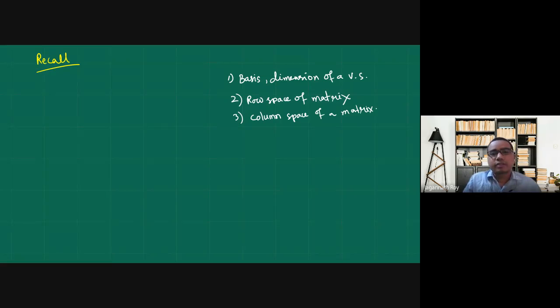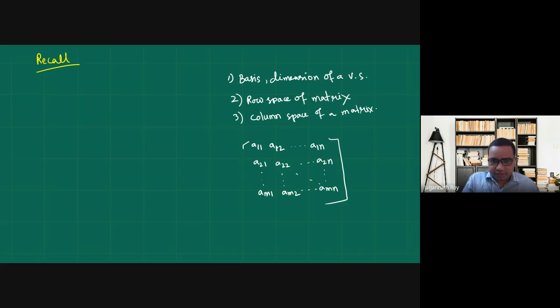So what was that? If we are given a matrix A with entries A11, A12, and so on, A21, A22, and AM1, so that it has m rows and n columns,